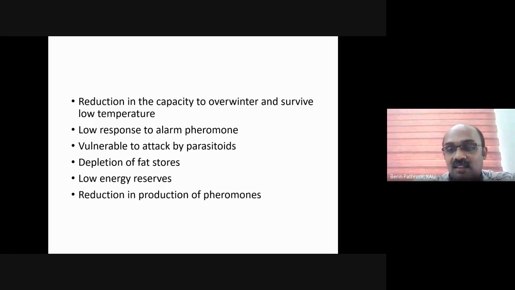So understand that resistance is not always advantageous to insects. It can have its own deleterious effects, its own disadvantages. Even with those disadvantages, insects will try to overcome this. It has to survive. So even with this fitness cost, it makes up. So it will survive. Otherwise, that species will get completely eliminated from the world. So, understood fitness costs?